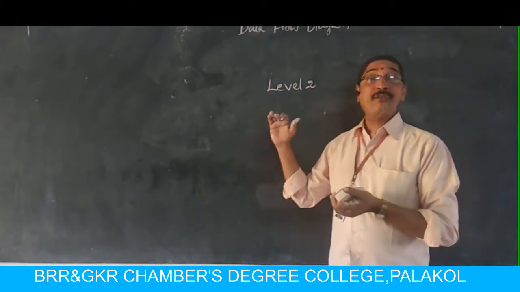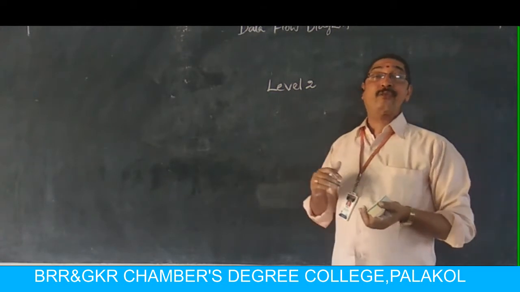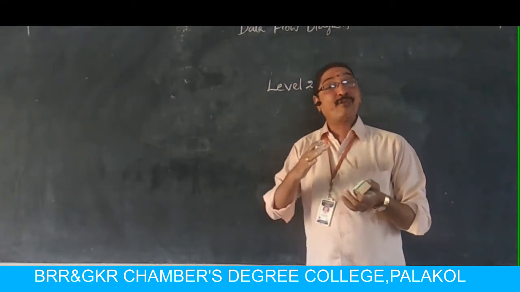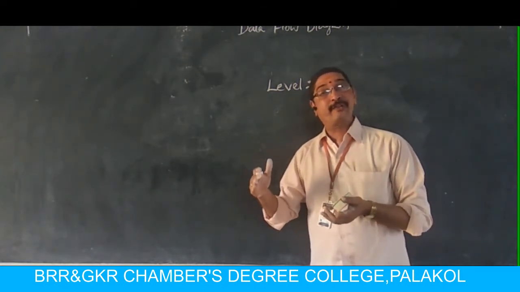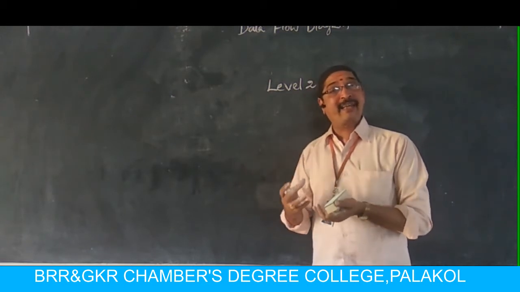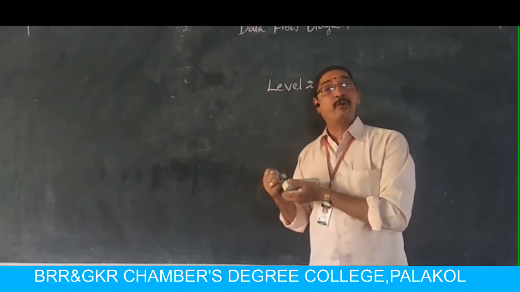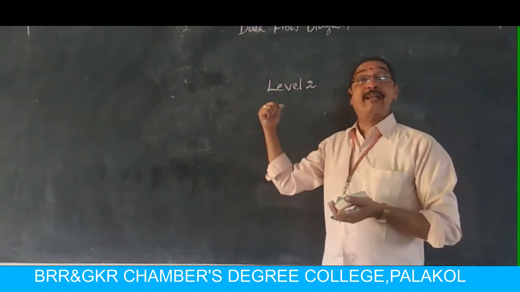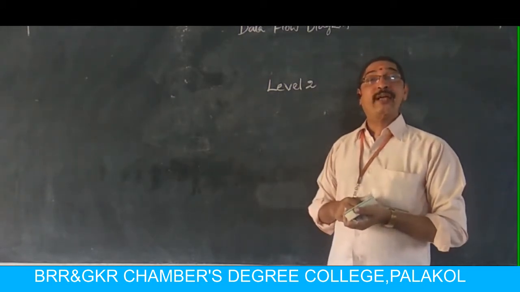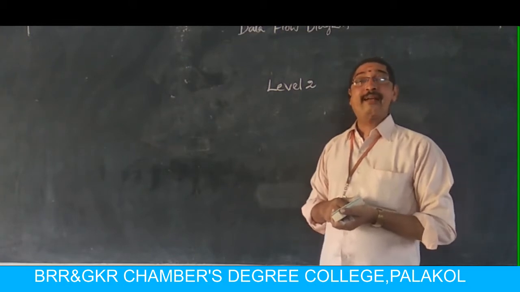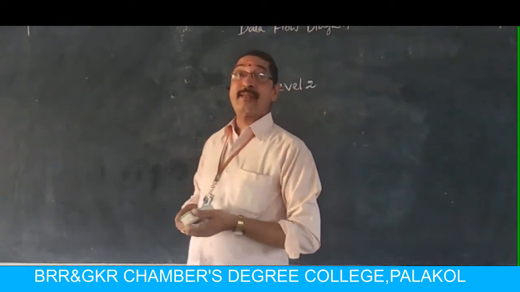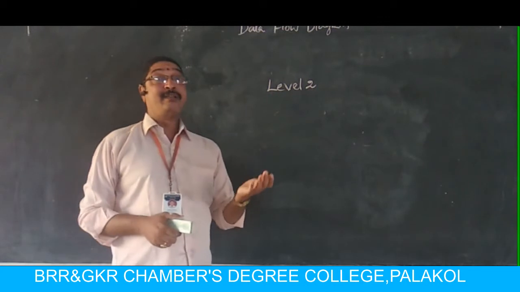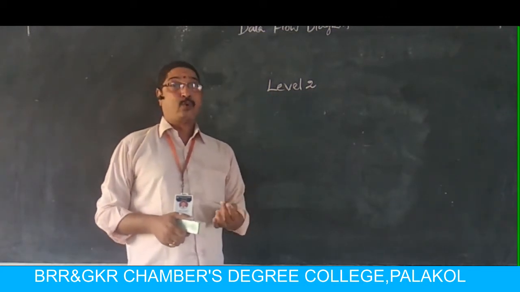So, the flow of data, how the data flows inside modules. From where these modules are taken? From level 1 we have taken modules, and the flow of data inside these modules will be explained in this level 2 diagram. Like that, these data flow diagrams can be represented as level 0, level 1 and level 2.